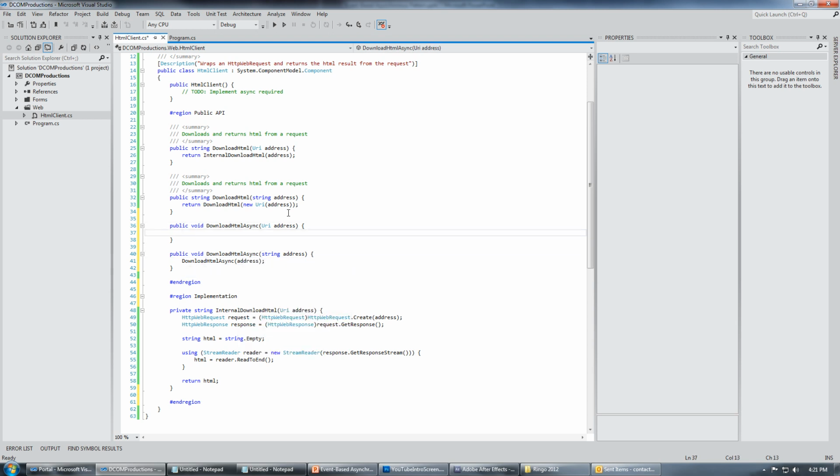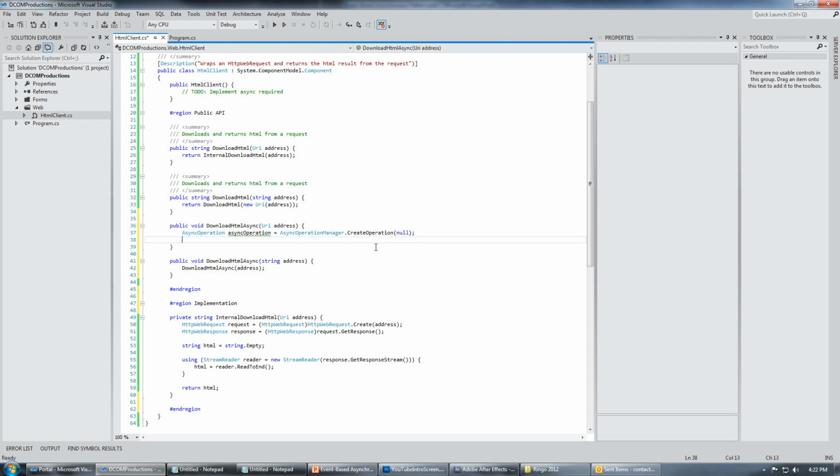Now in this method, we actually have to do the work. What we're going to do is create our async operation through the async operation manager. Because we don't care about user states for this example, we're just going to pass in null. Now we need a callback to actually execute this asynchronously. Remember that the async operation is just to track async operations in memory. It doesn't actually execute any code, and it doesn't specify what thread that code should go on. So we need a callback